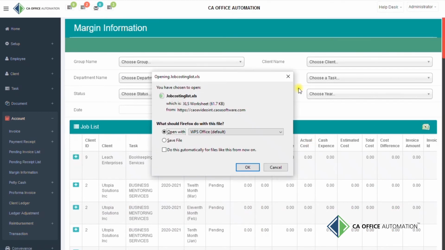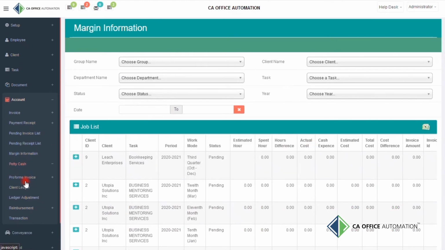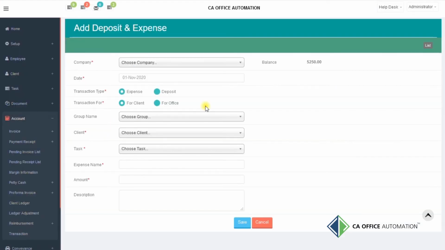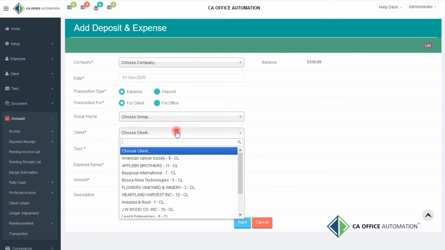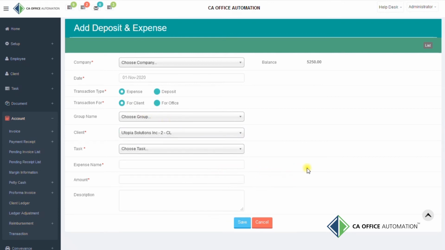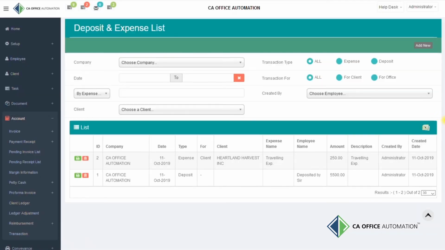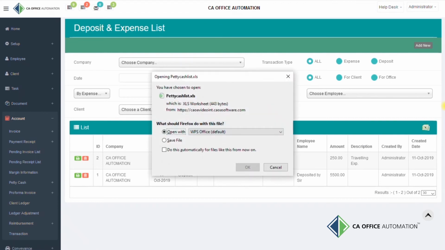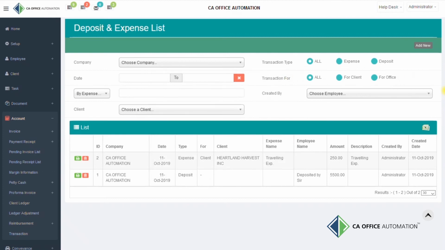The next item is petty cash in this module. This is used for daily expense or deposit management. By clicking Add Expense or Deposit, you can record expense and deposit for your client or for your firm or for your multiple firms. And if you want to see the details of petty cash, you can simply click on Expense or Deposit list. Here also, you can use filters to see the data of your choice and also download the data in Excel format. Also, if you want to take a printout of a voucher, you can get it from the petty cash or expense list.